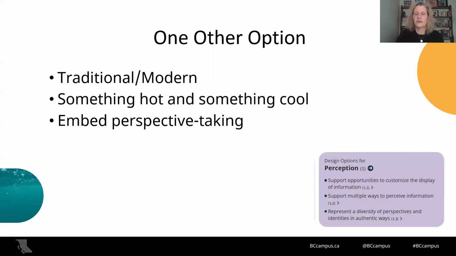Okay. So the next bite, the next step that you can take is offering one other option. And this is actually stolen a little bit from Tom Tobin, who works in the US. He does, this is part of his plus one theory, and it's absolutely key. So again, this is part of that access level of the UDL framework. So designing options for perceptions. And that asks us to support opportunities to customize the displays of information, designing for multiple ways of perceiving information,